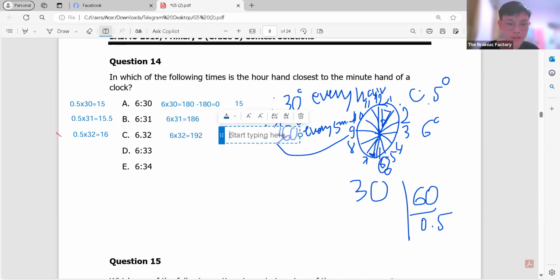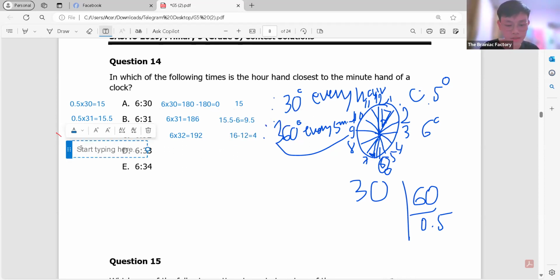So the distance is going to be 16 minus 12, giving us 4 degrees. And another one is 0.5 times 33. It's giving us